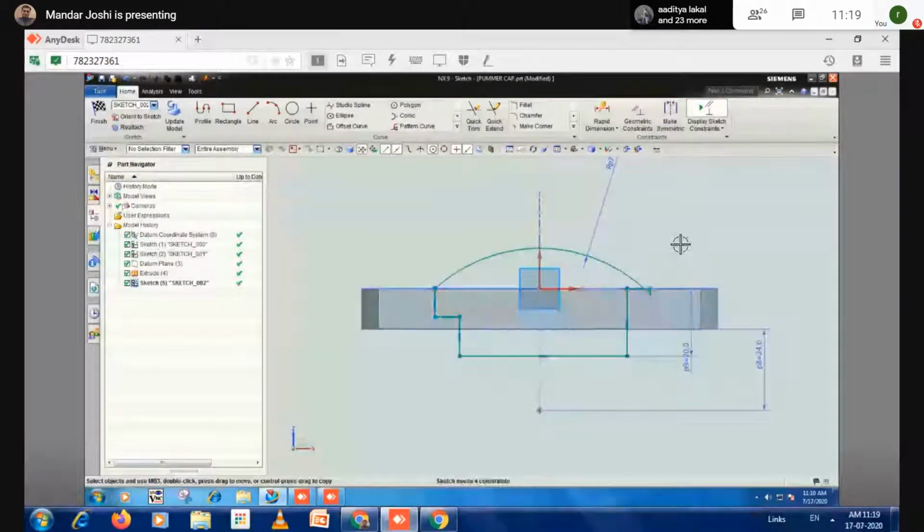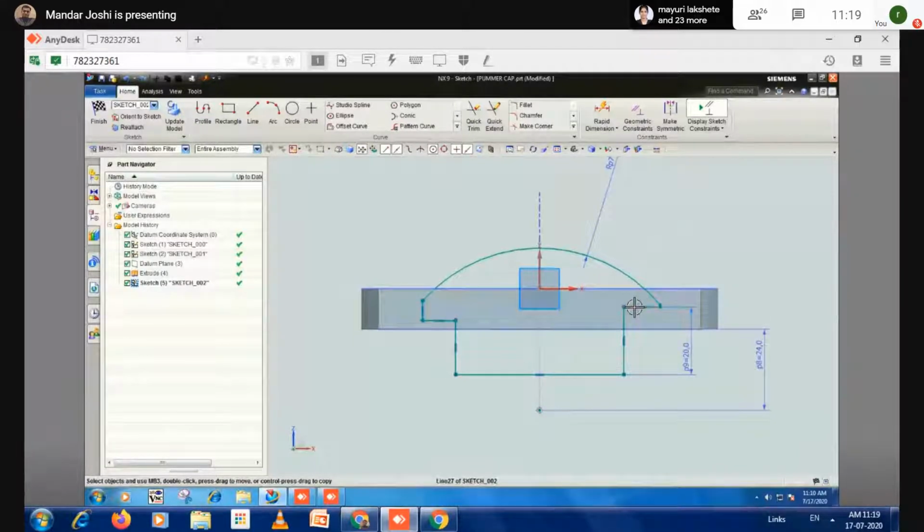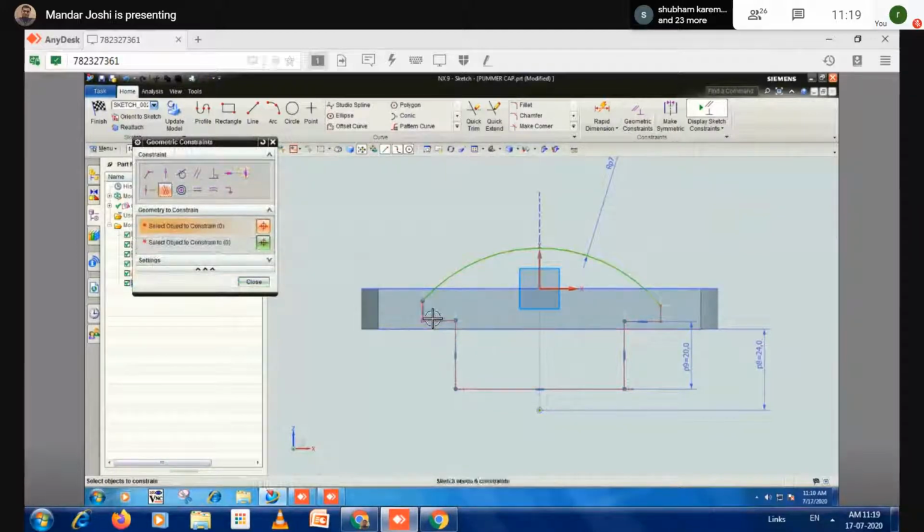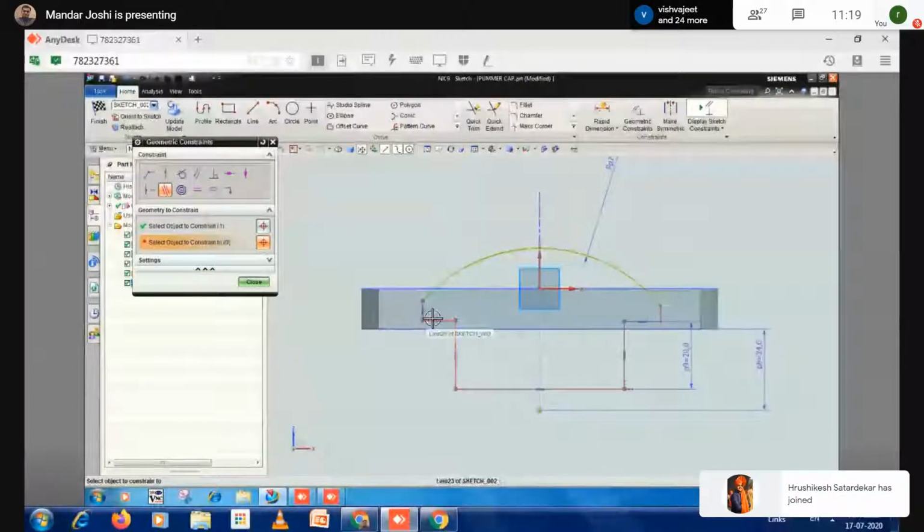Control Z. Okay. Now this line and this line should be collinear. Then close. Okay. Next step,